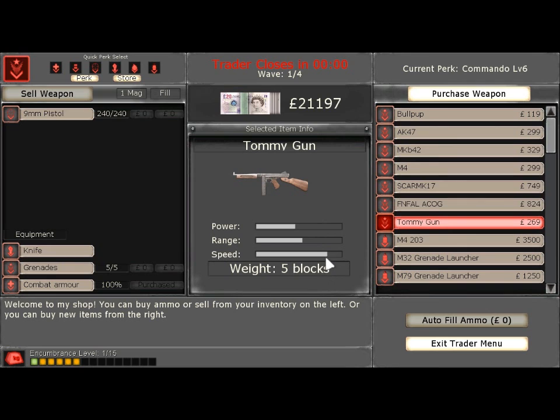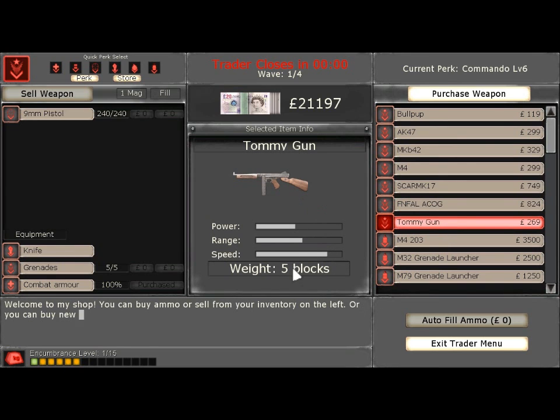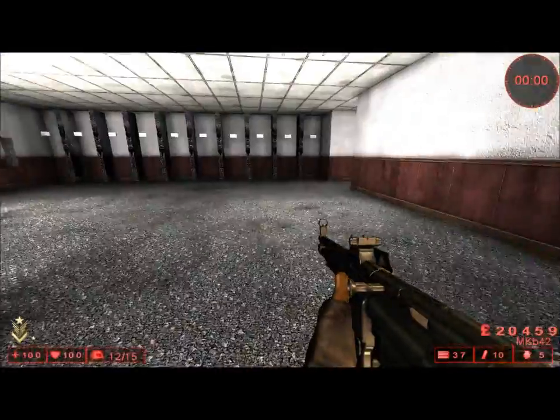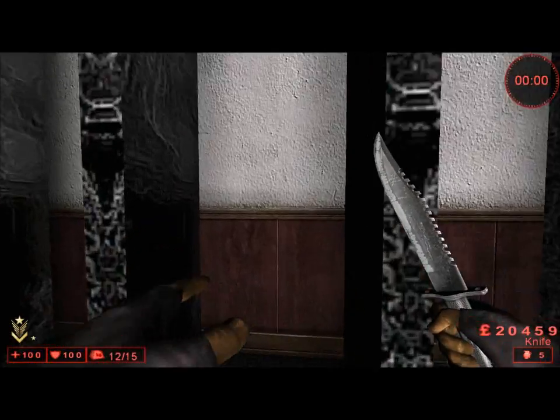I don't think that this weapon, if it should be paid for, should weigh less or be cheaper than the other weapons. So let's test them. I'm gonna get a Tommy gun, and I'm gonna try to test them with some of the other weapons that are for the commando. So let's try the MKB, which is the supposed side grade for the Tommy gun. And you guys know that